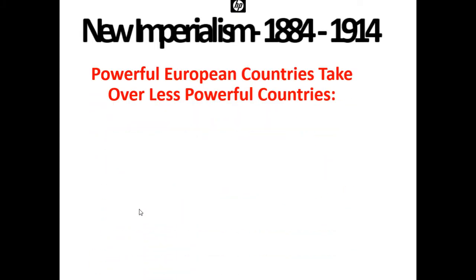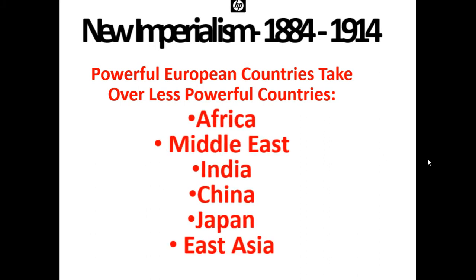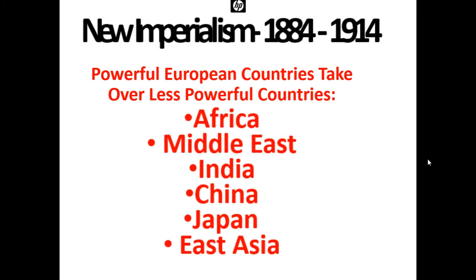All right, so new imperialism is going to be from about 1880 to about 1914. Now, that 1914 date is really significant because 1914 is when World War One begins. So this is going to lead us right up into World War One, and this is actually going to be one of the causes of World War One. So the things we're talking about right now are not just an isolated incident, but a part of the larger movement that leads up to a really significant conflict.